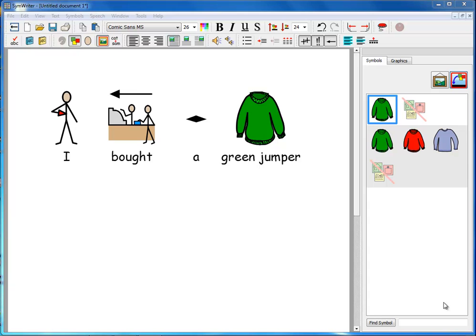In video 6, we showed you how to change the colour of a symbol. We took the red jumper and changed it to green, and then we used F11, or the Cat to Sam button here, to change the text attached to that to green jumper. And we promised in that video that we would show you how to make those changes permanent